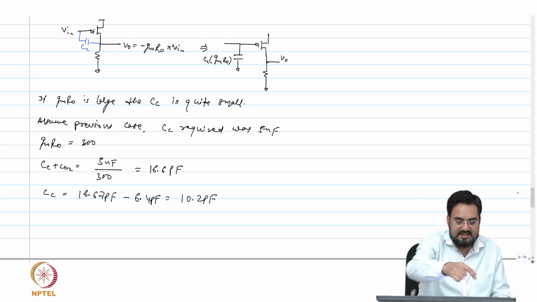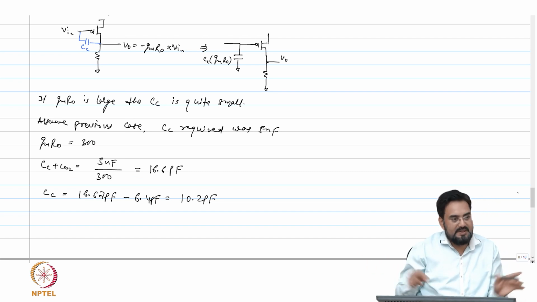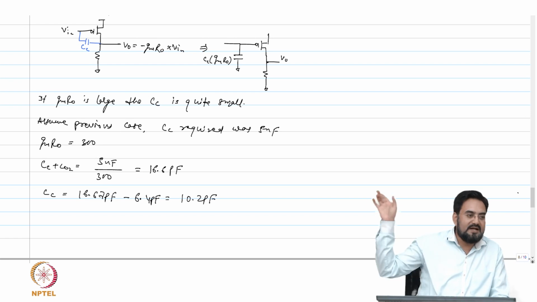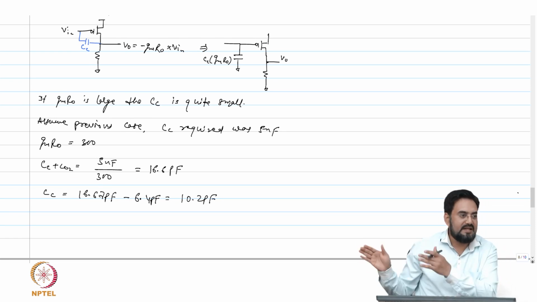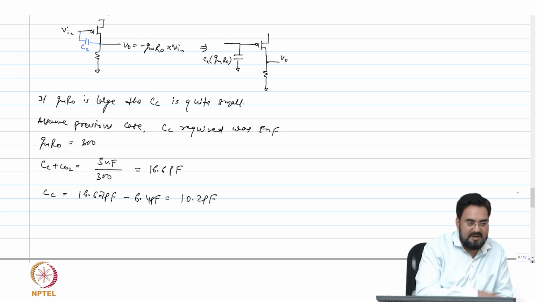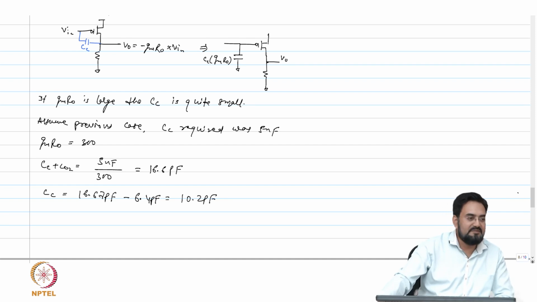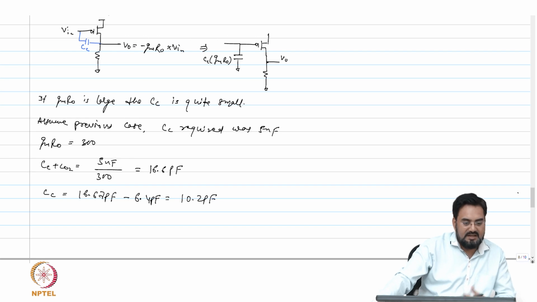So when you start considering at the output stage this effect of this cap, it will cause a pole splitting, and it will further move your output pole at higher frequency. So that's another advantage you get. And when your output pole is moving at higher frequency, now you have a freedom to move your dominant pole at higher frequency, okay, and build a higher bandwidth. And we have to consider right half plane 0 also here. So this capacitor will cause right half plane 0, which will degrade your stability, phase margin. So that also we need to consider, and how to get rid of that.